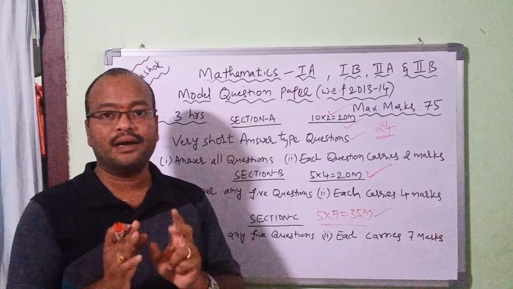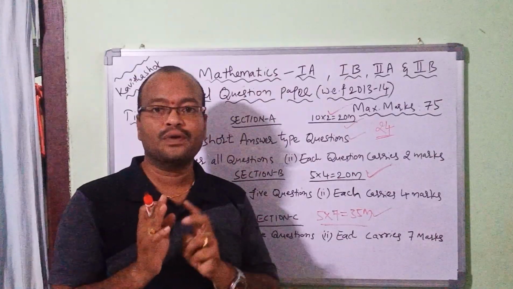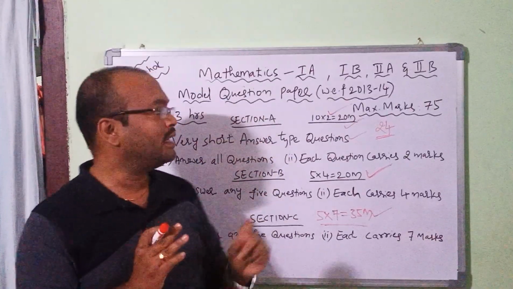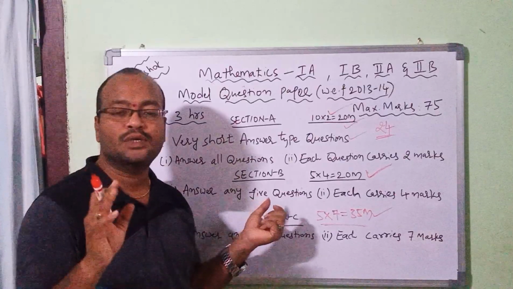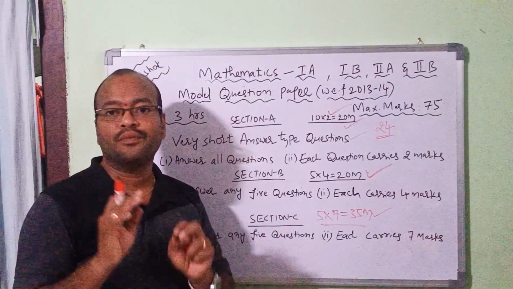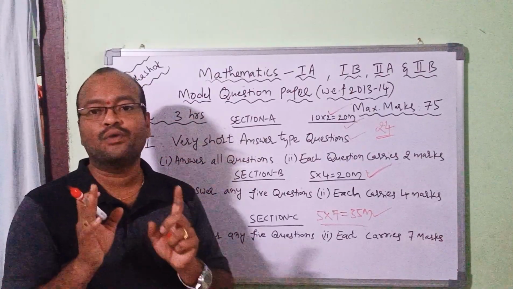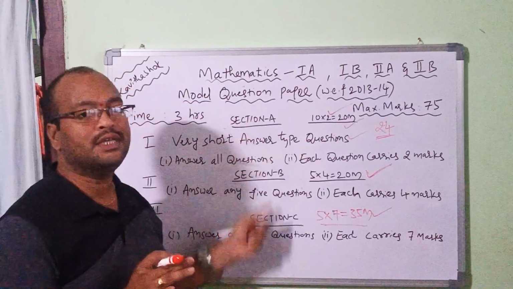And one more important thing is there. In the 10th class, they give the questions in the CCE pattern, but in the intermediate, they will give the questions only from the textbook. Other than the textbook, they will not give any question. So confidently we can get 75 out of 75 if we follow this pattern.